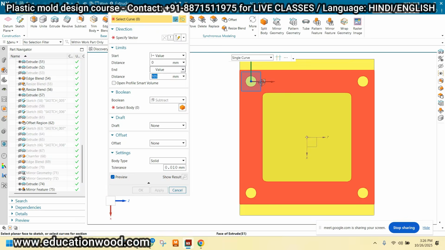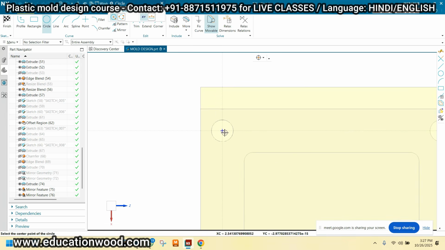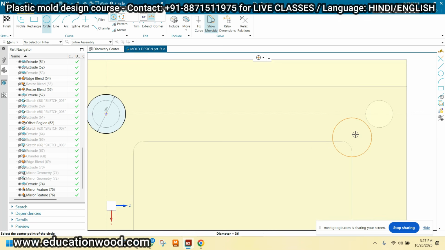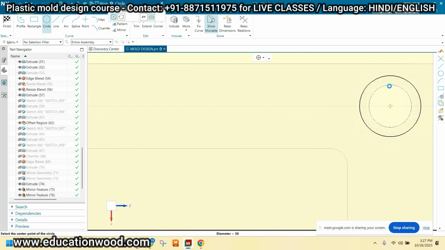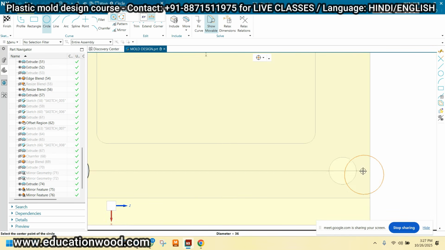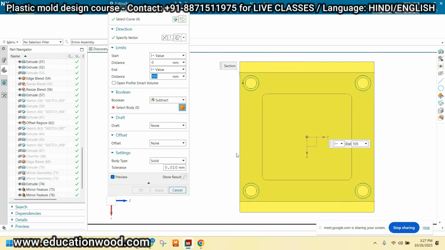So similarly, take this standard dimension. This is the bush. I'm taking right now this is the 25. I'm taking here 32. No, not 32, I'm taking 36. And just click OK. And like this, and like this, and just click and finish this.